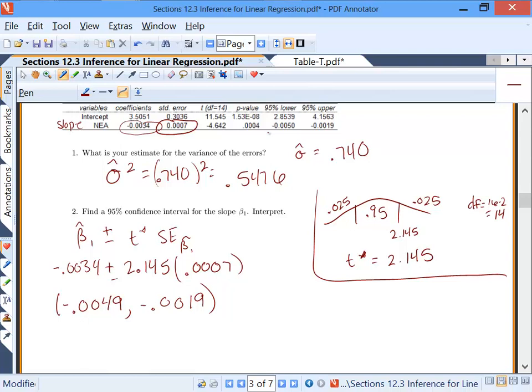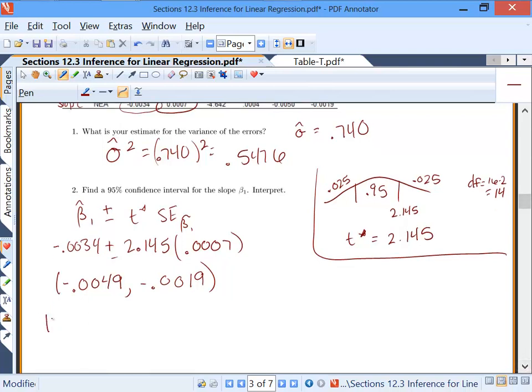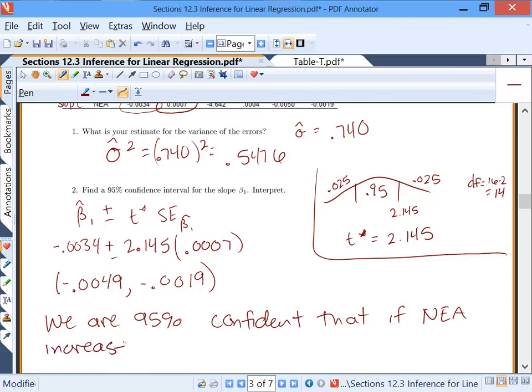So you could do it like that, or you can interpret it just a little bit more and give your boss just a little more information by telling him, well, what does slope actually mean? So kind of putting your confidence interval interpretation and the definition of slope together. So that would look something like, we are 95% confident that if the non-exercise activity increases by 1 unit,